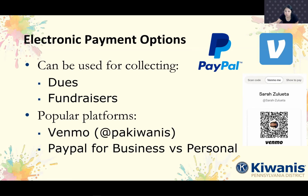If you're selling blueberries, how easy is it to just send a Venmo to somebody or a PayPal? It's really easy. Obviously, those are the popular platforms, Venmo and PayPal. There's also Zelle out there and Cash App. But these are the two main ones. Actually, PayPal owns Venmo, so it's kind of weird. But anyway,